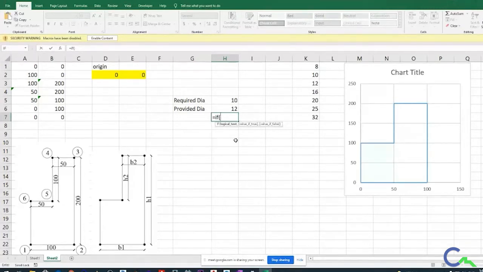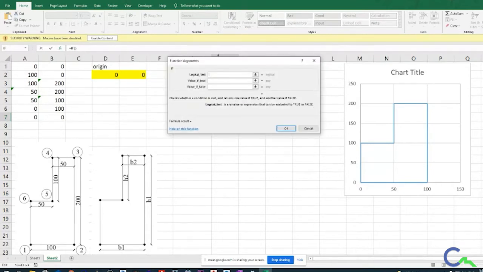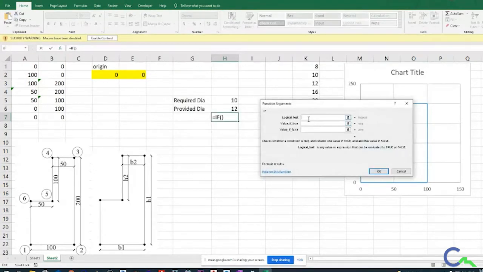So if you don't know that, by giving if, I can go for this icon fx. Okay, so if I click on that, it will open this window. Now here I can give this statement. If this is greater than or equal to this cell, understanding, right?